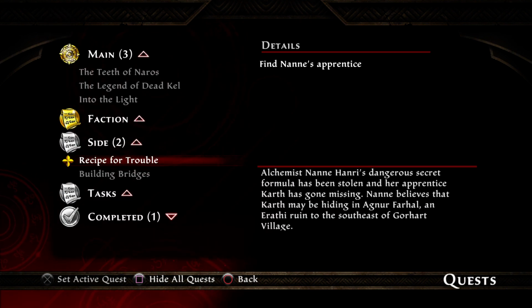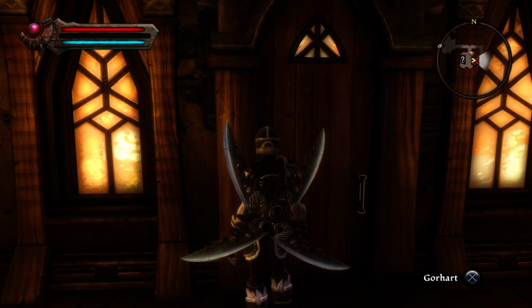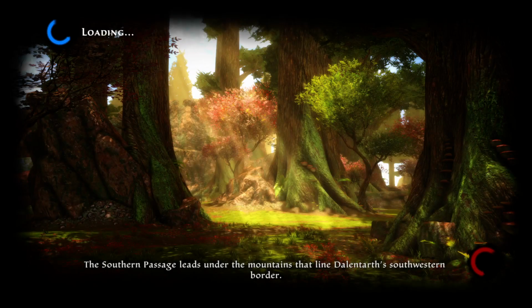Alright, so let's see. We got Recipe for Trouble. Find Nanny's apprentice. Alchemist Nanny Henry's dangerous secret formula has been stolen, and her apprentice Karth has gone missing. Nanny believes that Karth may be hiding in Agna Farhal, an Arathi ruin to the southeast of Gorhart village. We are going to check that out in a second, but first we're going to get one more quest from